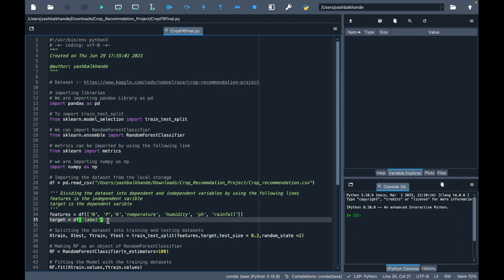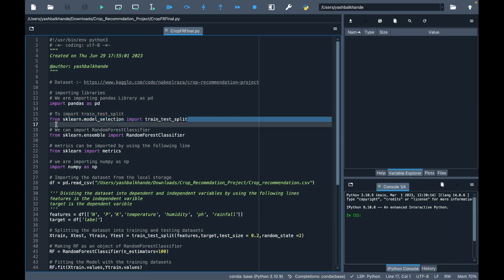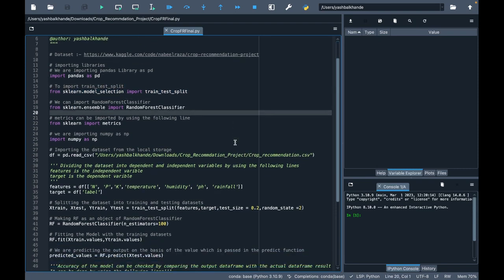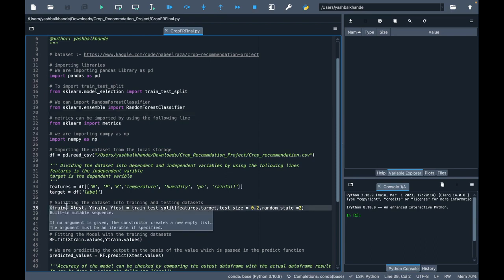After that, we need to split our data into training and testing datasets. To split our data, we need to first import train_test_split from sklearn.model_selection. We will be doing this task by using this line. After importing train_test_split, we will be splitting our dataset into xtrain, xtest, ytrain, ytest